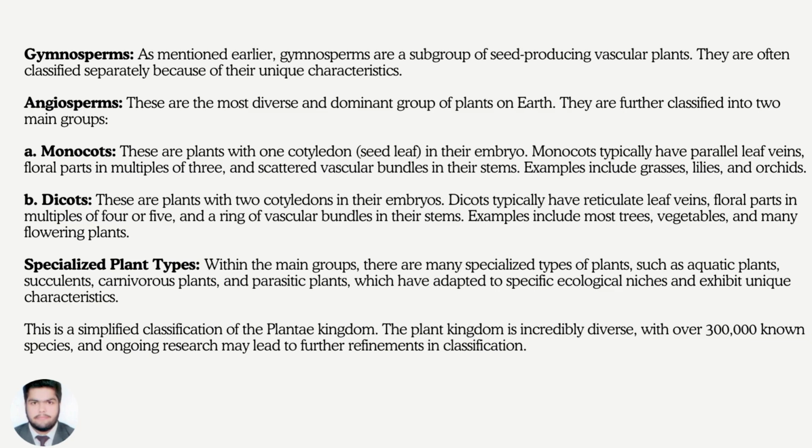Specialized plant types. Within the main groups, there are many specialized types of plants, such as aquatic plants, succulents, carnivorous plants, and parasitic plants, which have adapted to specific ecological niches and exhibit unique characteristics. This is a simplified classification of the Plantae kingdom. The Plantae kingdom is incredibly diverse with over 300,000 known species, and ongoing research may lead to further refinements in